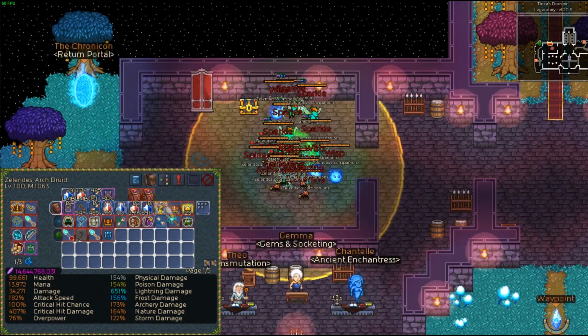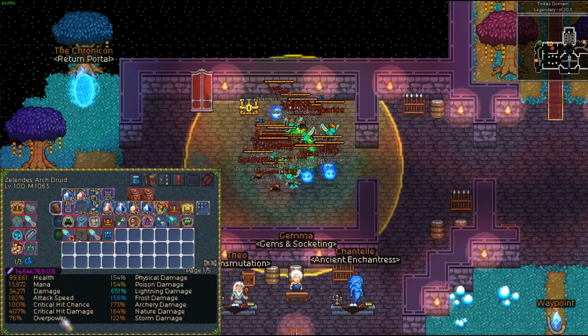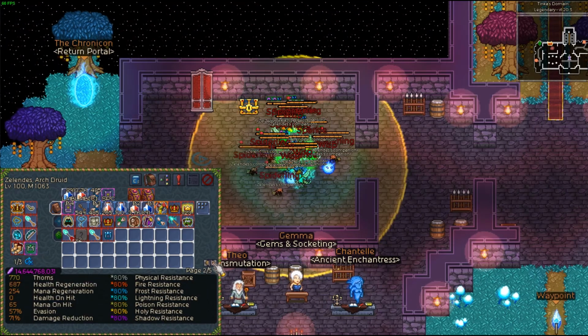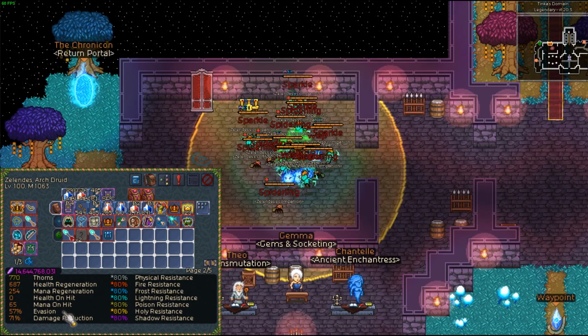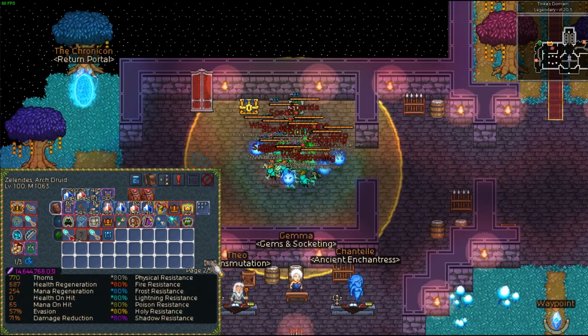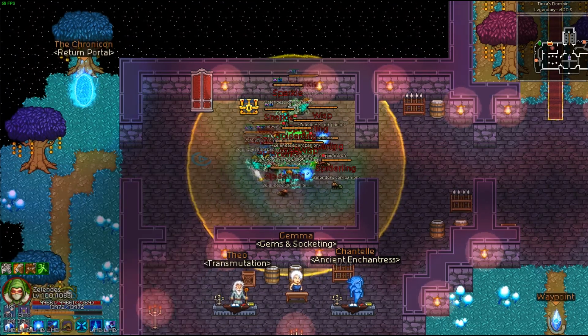So yeah, you're going to get 100% chance crit, 400% crit damage. It's got 57 evasion and 71 damage reduction. You're still going to get one hit. Just letting you know, you're not invincible. Alright,